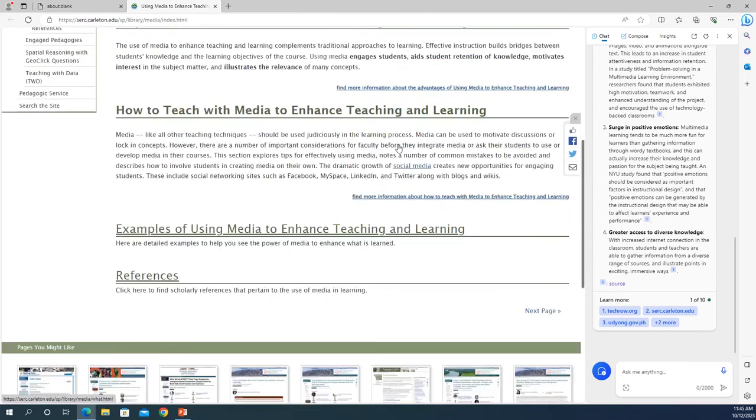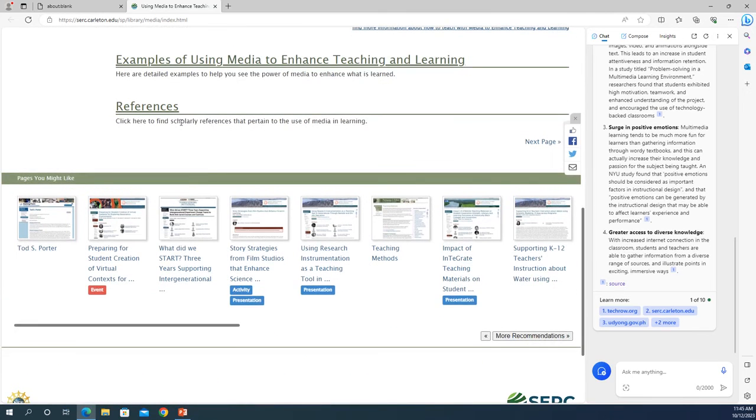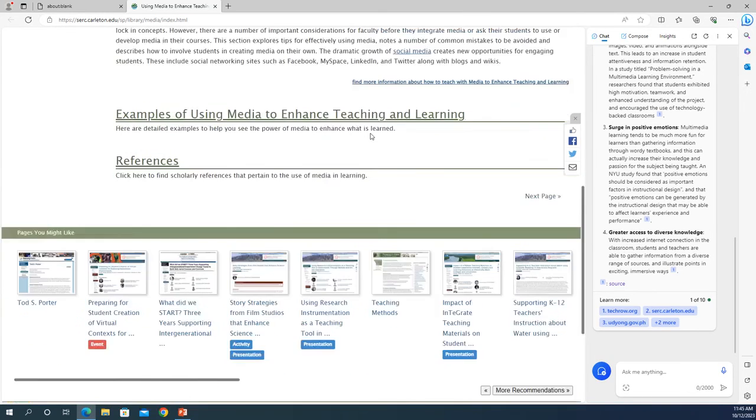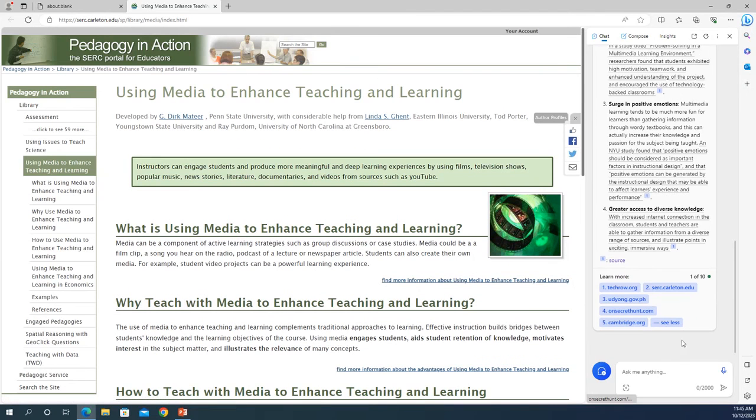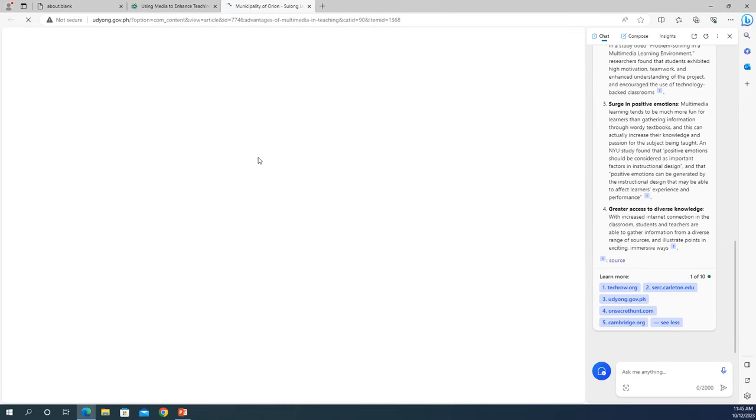And knowing that it's a LibGuide is pretty cool that it found that for us. Let's see what some of our other sources are. So I'm curious about this one. This looks like a university from another country.